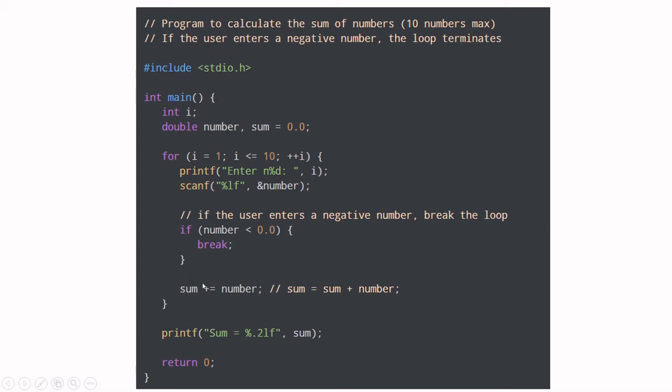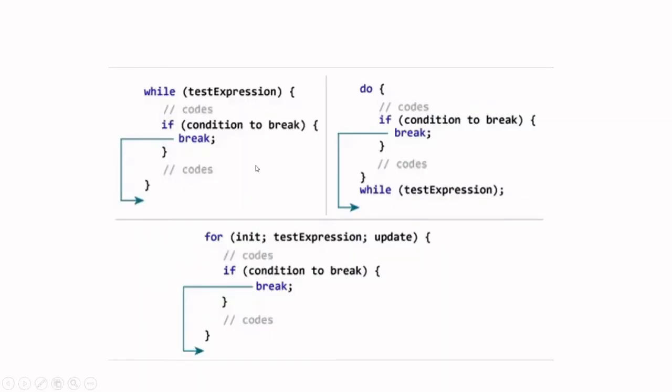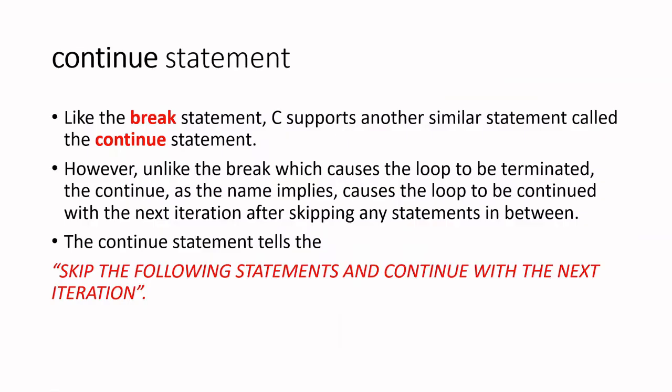I will show the output of the same program in the compiler. Let's check this on three loops: for loop, do while, and while. In all these cases, when break is encountered, it comes out of the loop. You can check this. Always it comes out of the loop, skipping all the rest of the iterations.